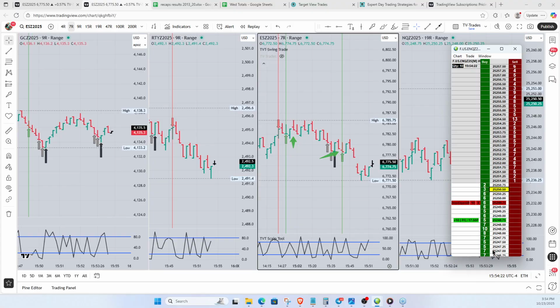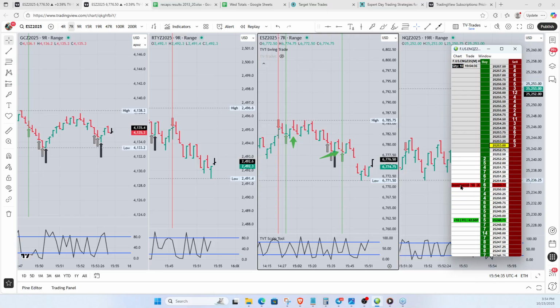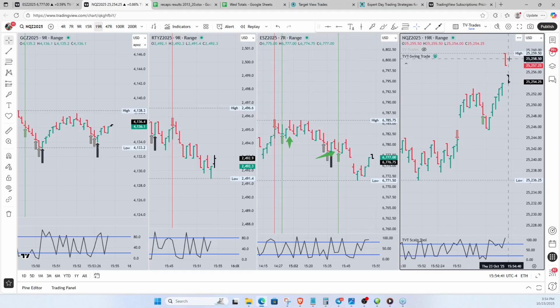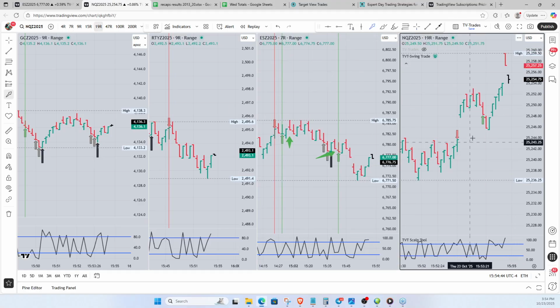Go to 4 ticks. Let's see where this goes. 8, 12. Wow, that would have just given me all 45 if I had left it in there.